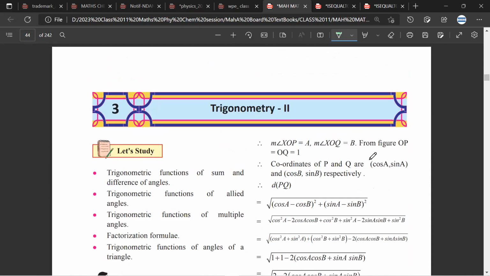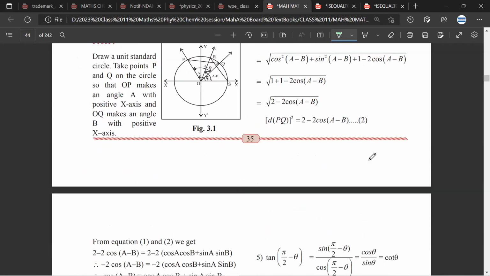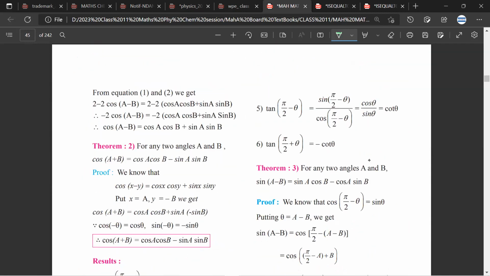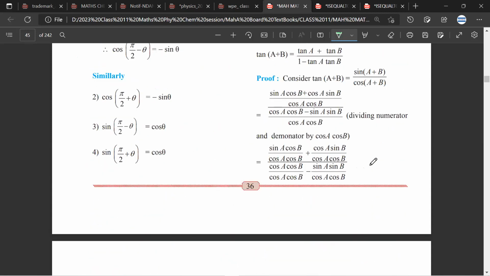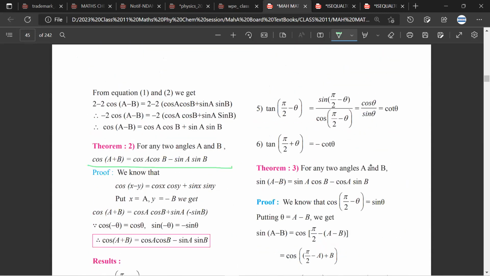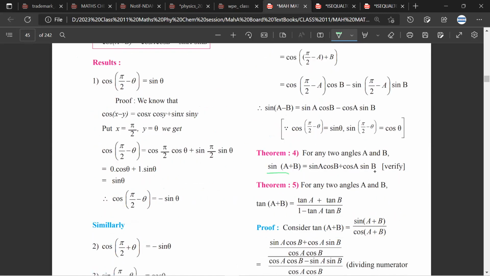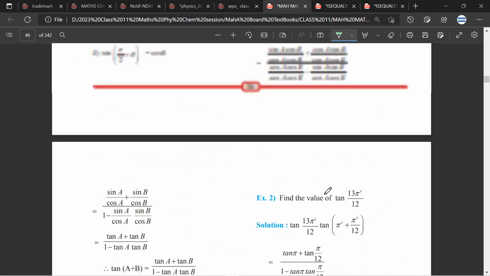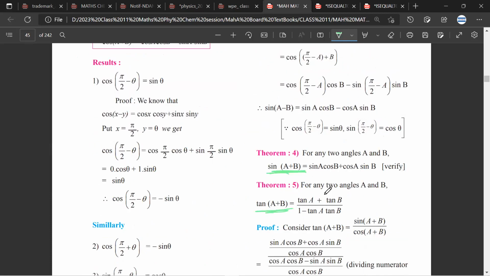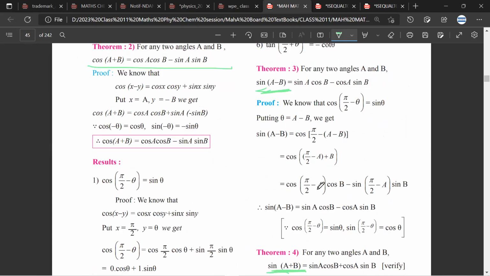We'll understand. We won't do the derivation, etc. We'll just do practice questions for these four formulas. Cos of A minus B, cos of A plus B, sine of A minus B, sine of A plus B, and tan of A plus B and tan of A minus B. If we get some time, we'll do few practice questions so that over the weekend you can do a lot of practice questions. These six formulas will lead us to